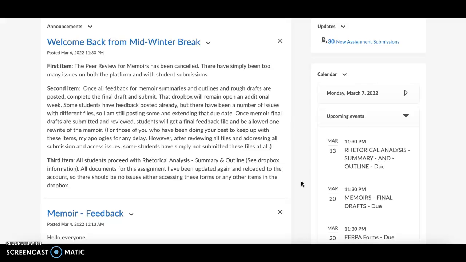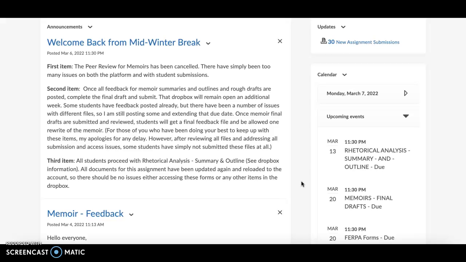So I look forward to seeing the other pieces, and when my feedback is posted up there, I look forward to seeing the revised versions when you work into the final draft. And remember, once I get finals, I will then do a feedback file of those as well, and students will have a couple of weeks to do any revisions they want on those.